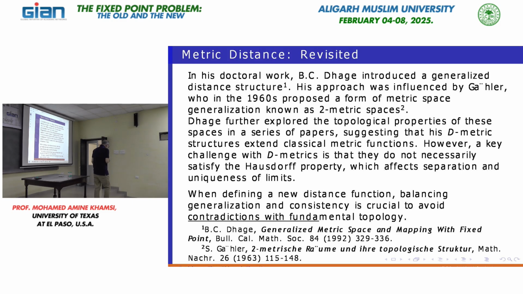So the problem is what? When you extend, your brain is programmed to think in terms of what? Metric spaces. You understand now? So when you come up with this general structure, you have to disconnect completely from what you learn. For example, to clarify my point, let's say you don't have the triangle inequality. You lose the uniqueness of the limit.